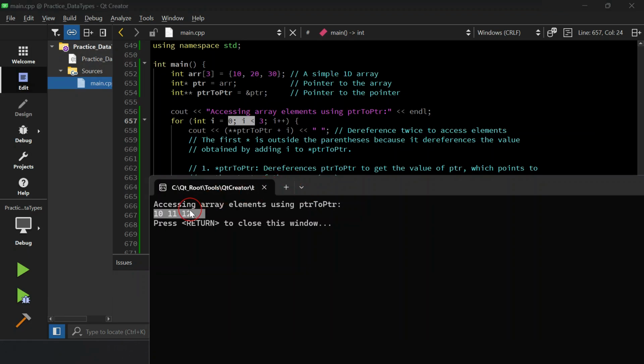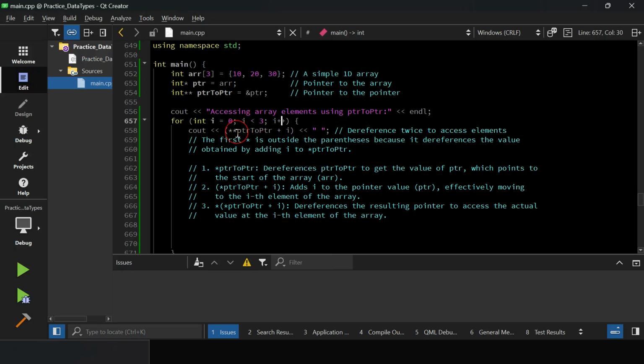This is why in the first iteration this part equals 10 plus 0, and we are printing 10. Then this part equals 10 again because it is pointing at 10, then plus 1 because now I equals 1, and this is printing 11, and then 12. So this is not dereferencing